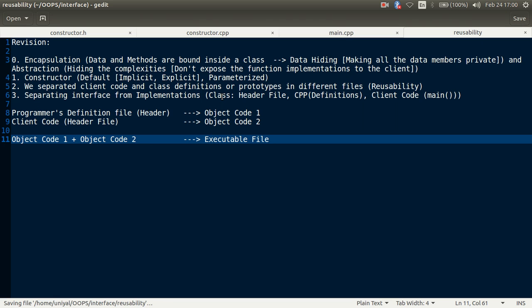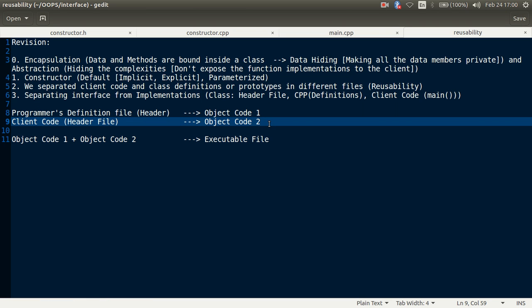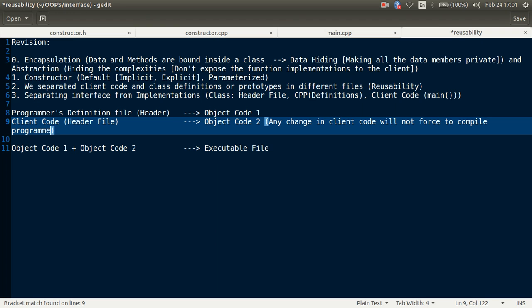And what was the benefit of this? Any change in this object file, or any change in client code, will not force us to compile the programmer's code.